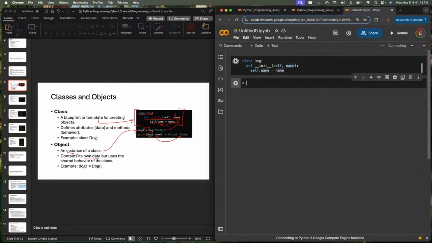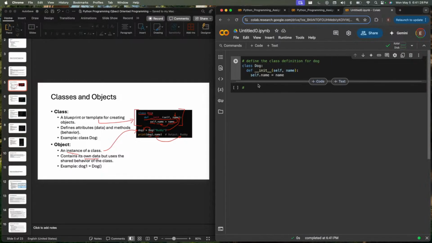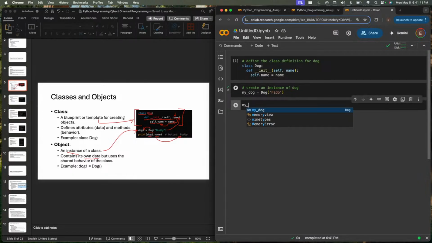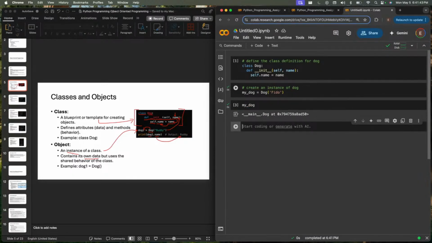So if we want to define the class definition for Dog, and create an instance of Dog, my_dog equals Dog("Fido"). So if we print out my_dog, we can see it's a Dog object.